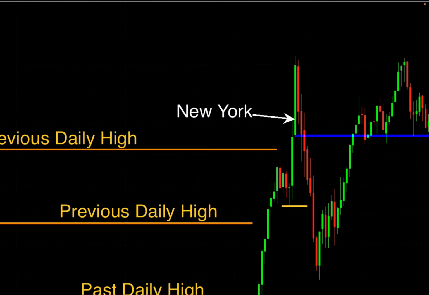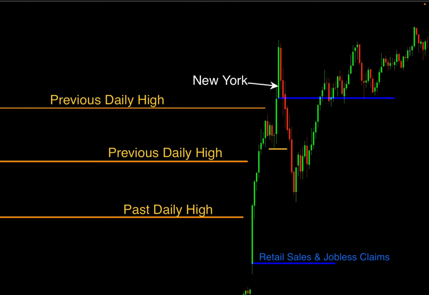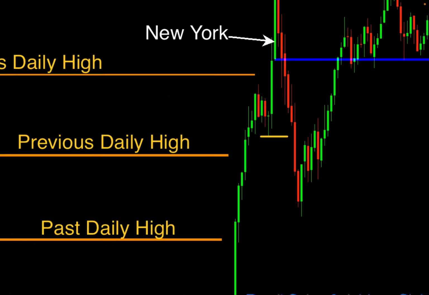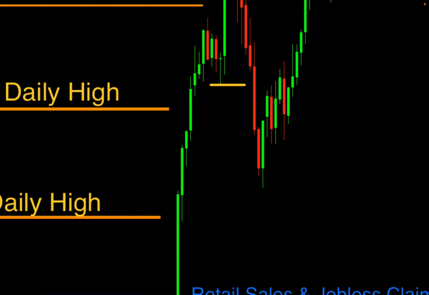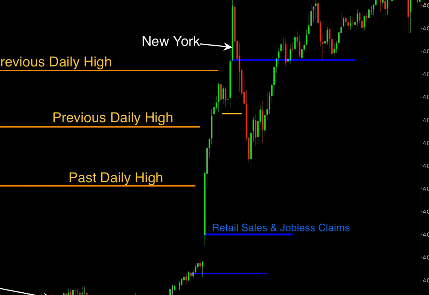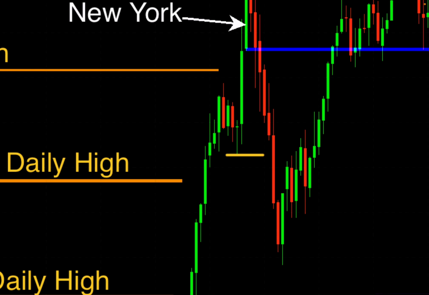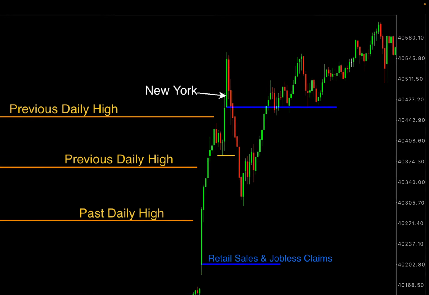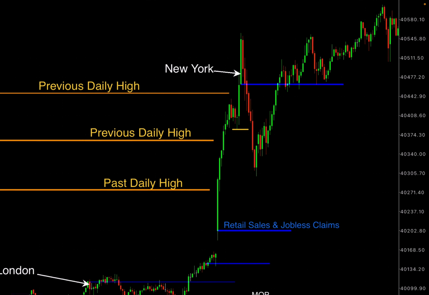And what you'd be looking to do, by the time you get to the blue line, which is the New York opening, is to move your stop loss to break even, because it can use that level as support. Price comes all the way down, takes liquidity from that little consolidation, which is the orange line, and that is where you'd take a little bit more profit. So what you would have done by now is made back the little stop loss hit that you had on this consolidation area here. You'd be mainly targeting this gap because naturally you'd want it to fall and refill the gap, then continue up. But as always, you don't get that.